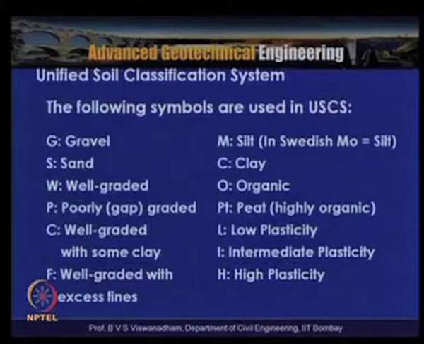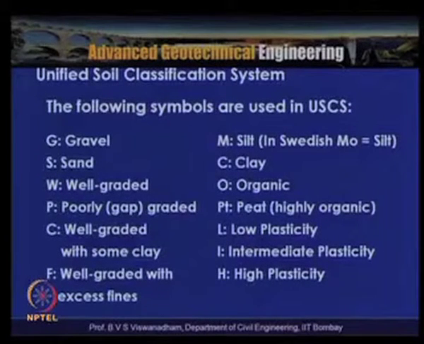So here the following symbols are used. Gravel, which is indicated as G, and silt, which is indicated as M. The origin of the name of the silt is Swedish "mo", which is silt, and S for sand, and C for clay, W for well graded. That means that it actually has got